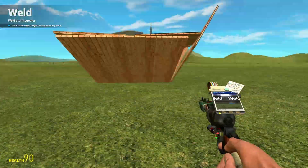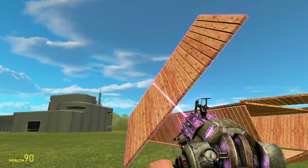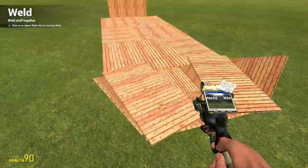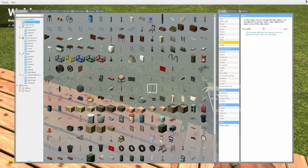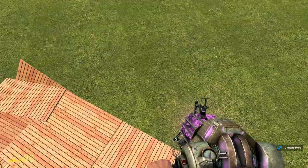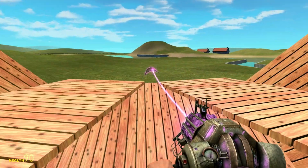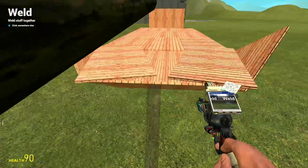Welded it on, and it kind of stuck out at the top, which, I mean, I found a way to use that in the end. Then I got as close symmetrically as I could on the other side. And then I was like, ships kind of have that thing at the front, the pointy thing. I don't know what it's called. I have no idea. But yeah, so I built that on,